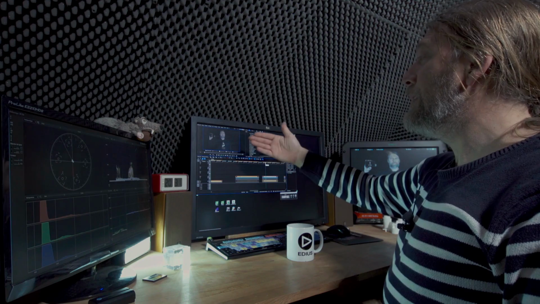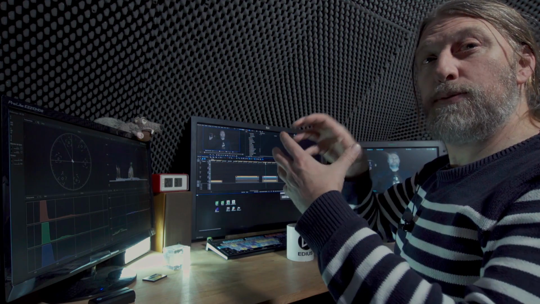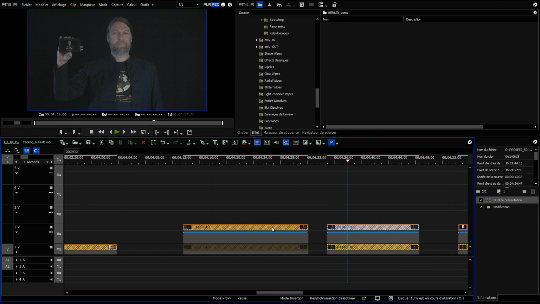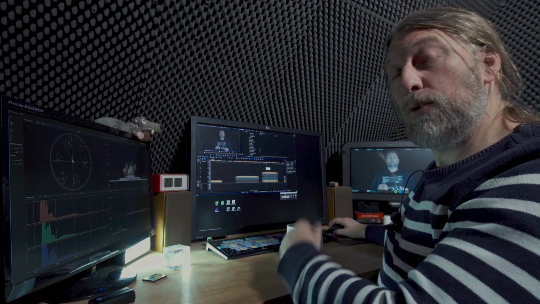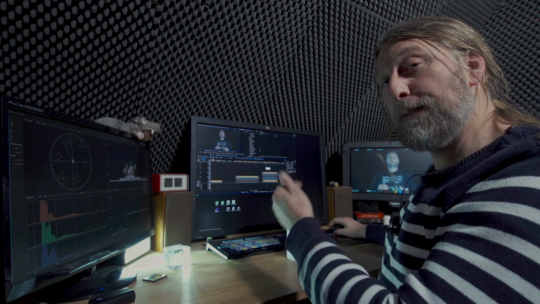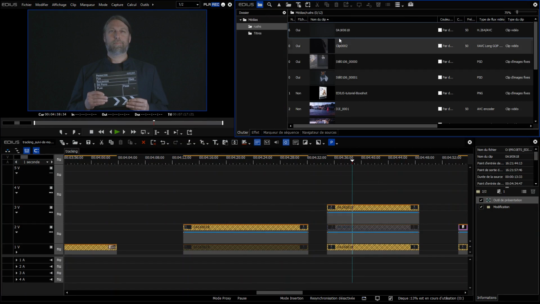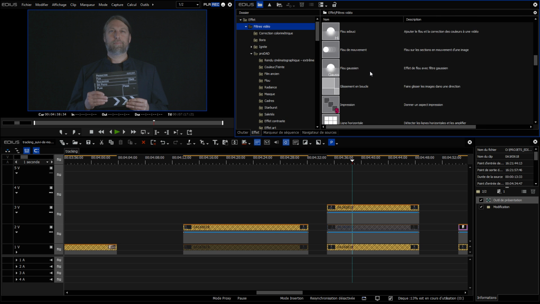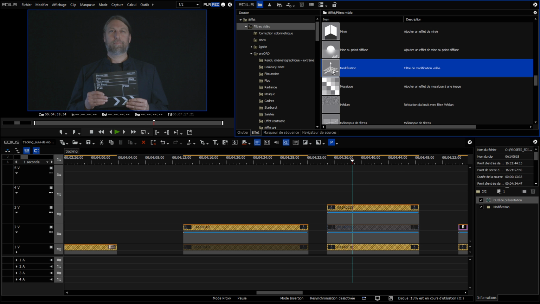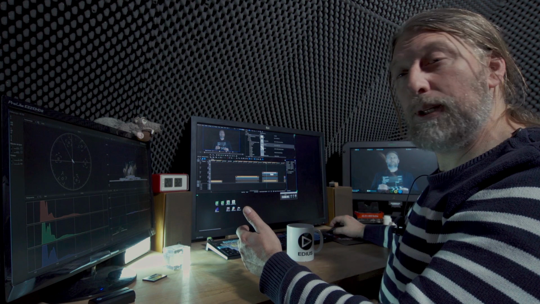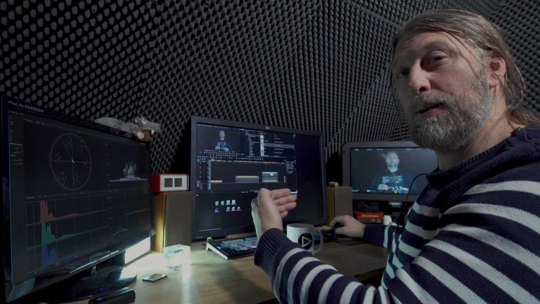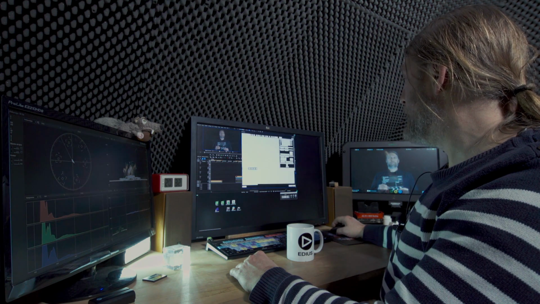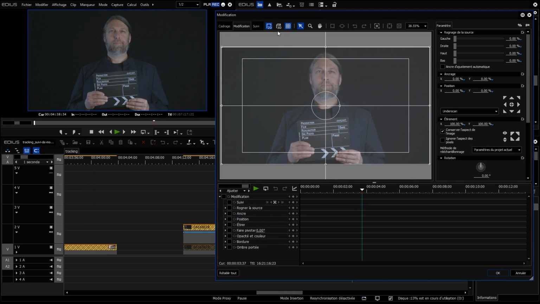But now you might ask yourself, okay, he anchored the object, but how can we combine both anchor and chase mode? Well, it's quite simple. We will use a specific effect. It's a filter that allows you to track. It's the transform filter. So I go to Effects, Video Filters, and I'm going to drag the transform filter onto the clip that I want to insert into the image. Now, I'll double-click on the filter,